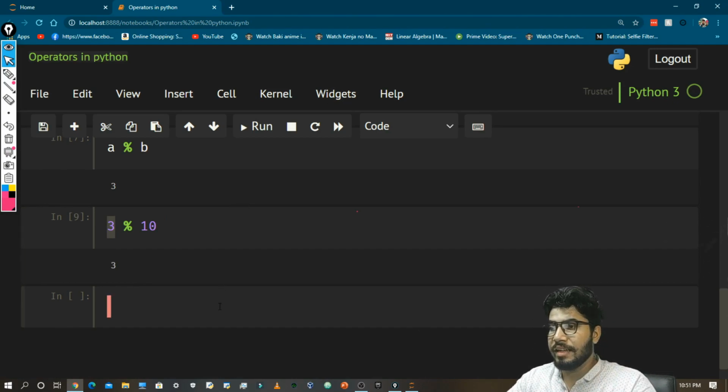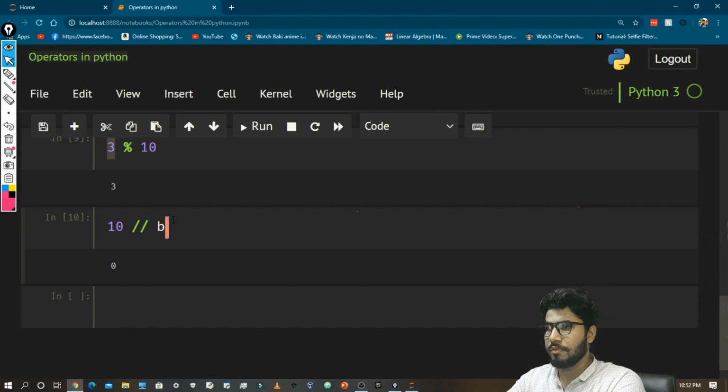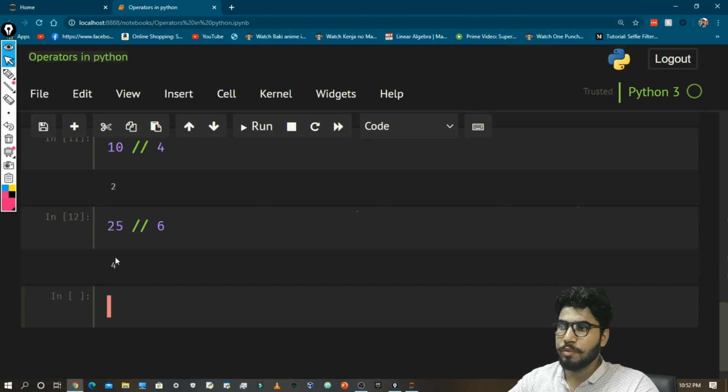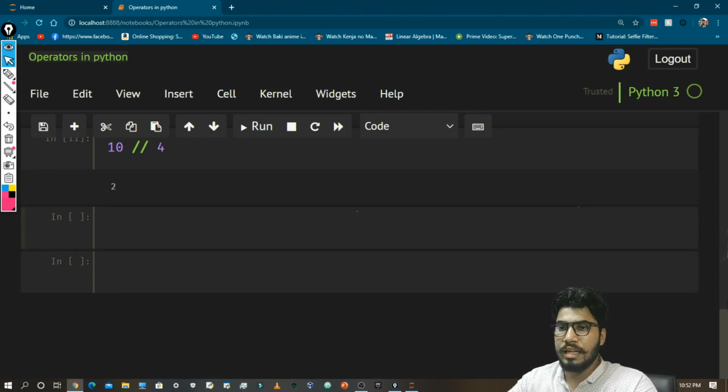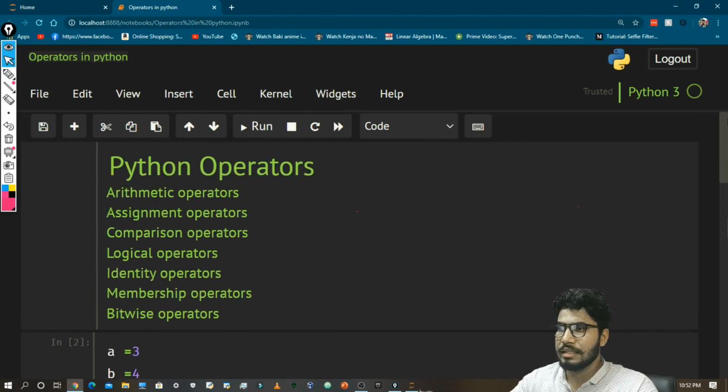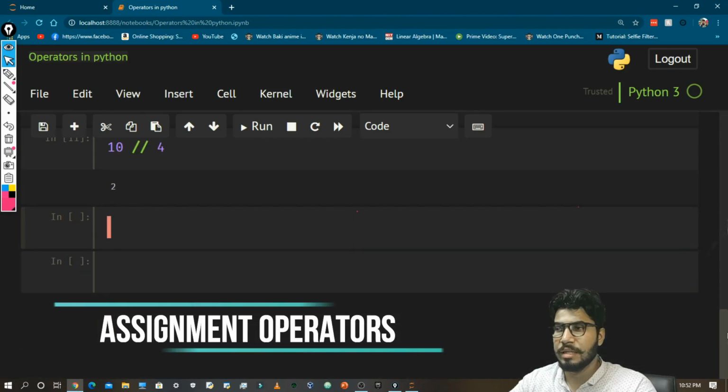The next operator is very useful in Python. I don't know its name actually, to be honest. But what it does is that it divides the number and stores the value. So for example, A divided by B. So let's say 10 divided by 4. The answer would be like 2.5, but it truncates the value here, and we will get 2. Let's take another example, 224 divided by 6. I guess the answer would be 4. Yeah. Okay, so these are all the arithmetic operators. Now we will talk about assignment operators.